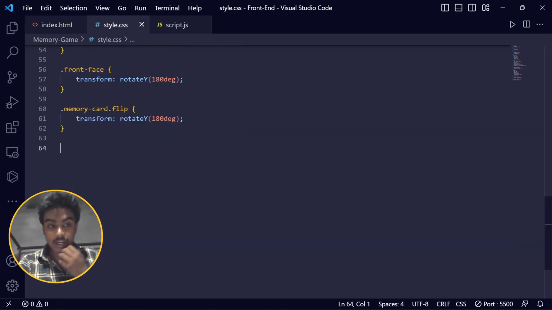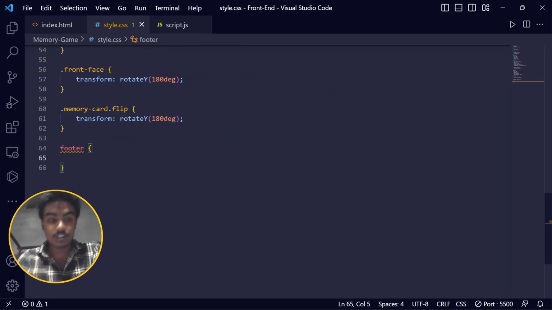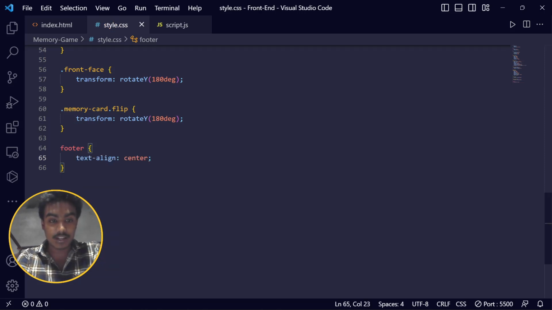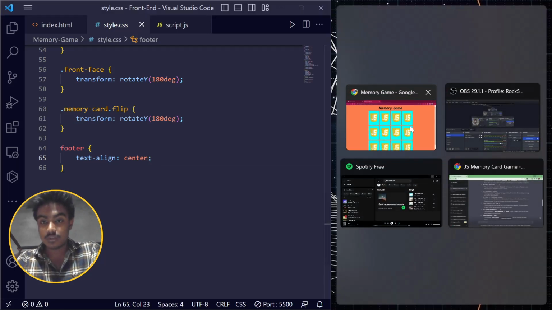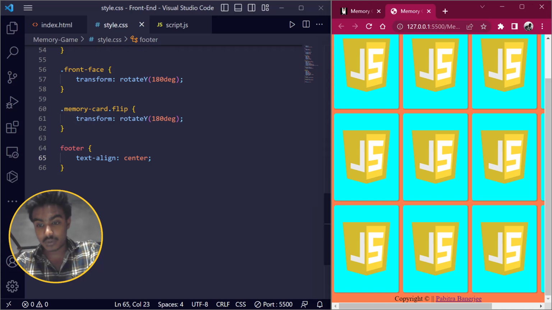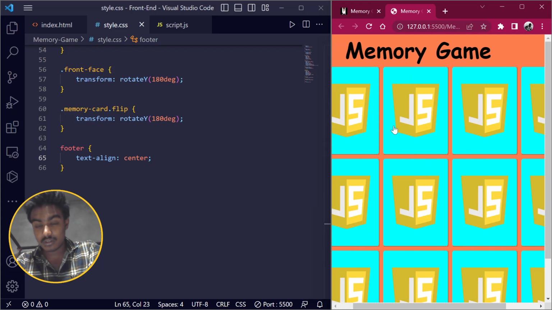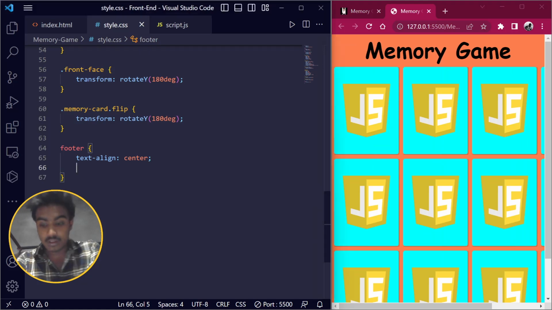So what can I do? I can directly target our footer section here, and here I want to give it, first, the text alignment should be in center. Okay, so let me check while doing. Now text is in center like this. Now what we want,